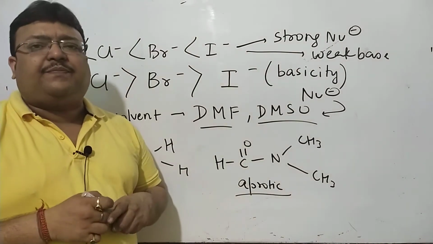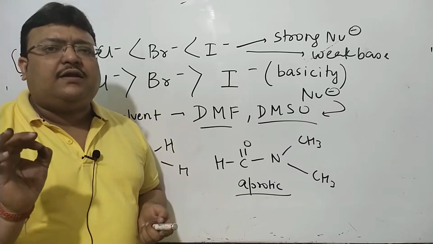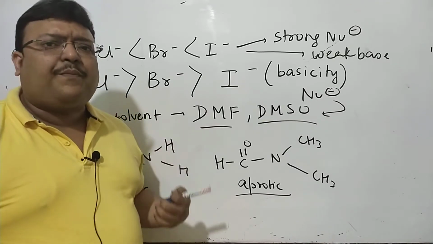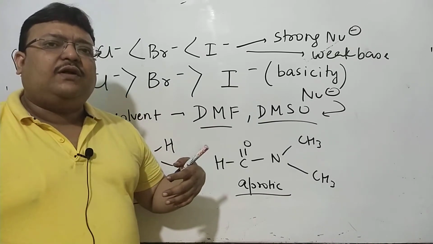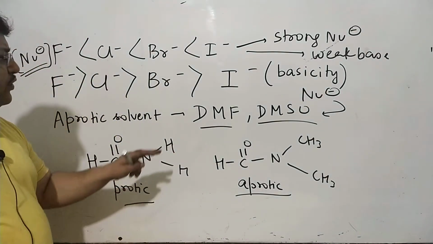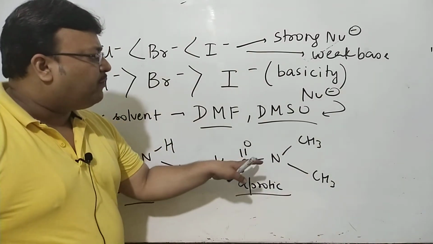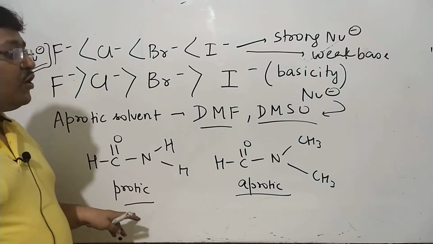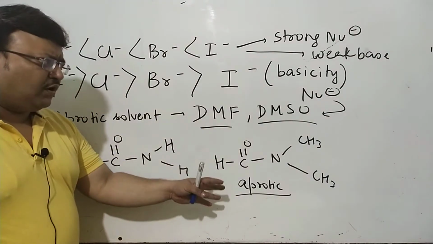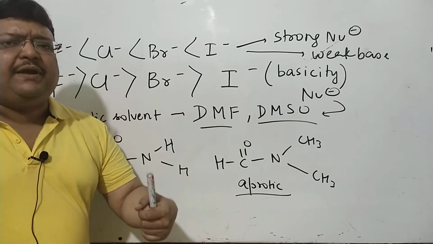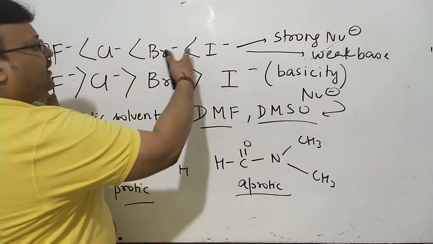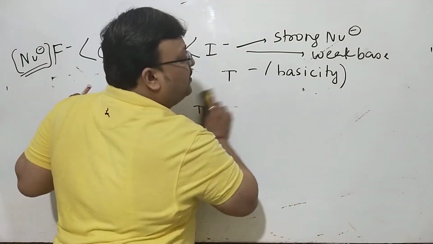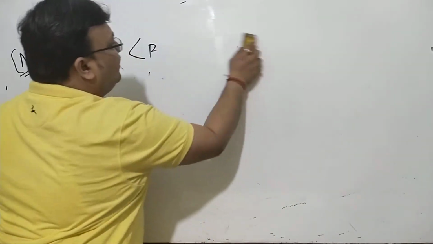And finally, we can spare some time for another key word, which is leaving tendency. Leaving tendency is going to be so important in dictating all the elimination and substitution reactions. You will want to know the names, literally dimethyl formamide, why it's called protic, why it's aprotic, and that in aprotic solvents things might be peculiarly different. But this is the general case: for members of the same group, basicity and nucleophilicity are antiparallel.